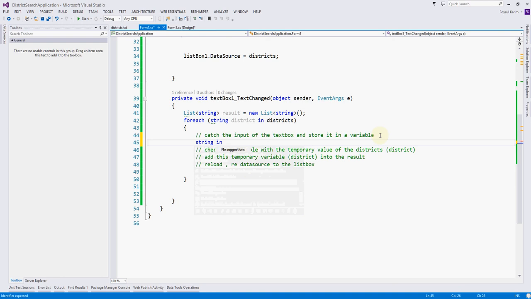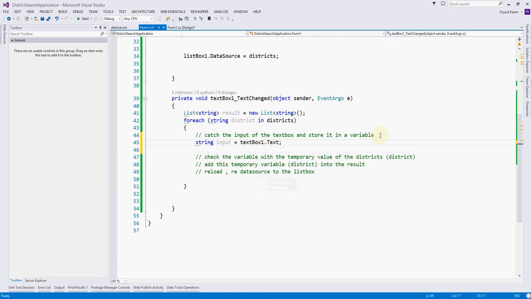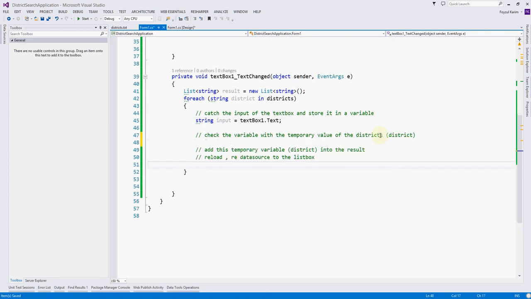String input is the current text which I will write. Check the variable with the temporary value, which is the district. So if,